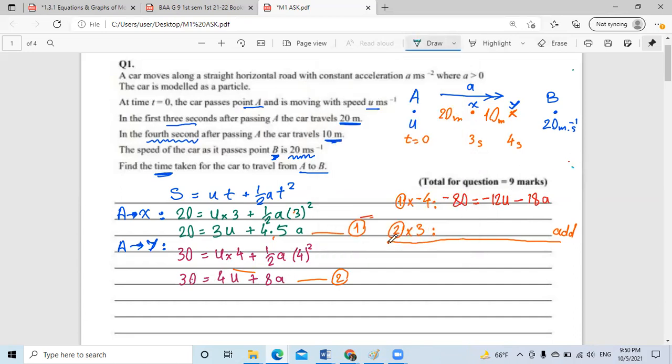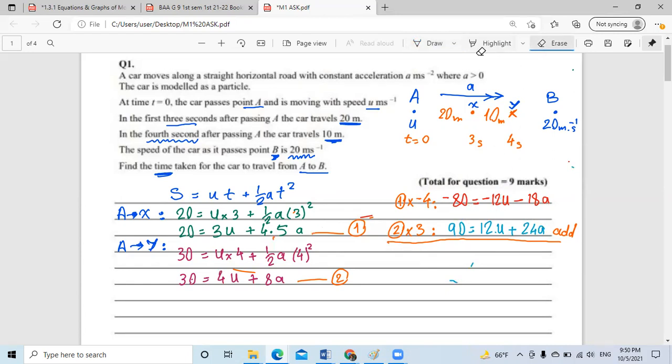The second equation, I'll multiply it by 3. 30 multiplied by 3 is 90, equal to 4u multiplied by 3, which is 12u, plus 8a multiplied by 3, that means plus 24a. By adding these two equations,